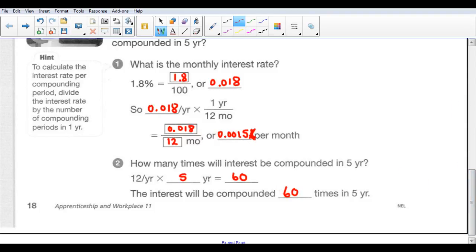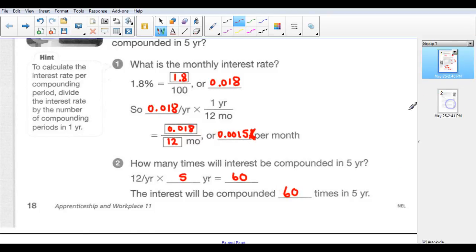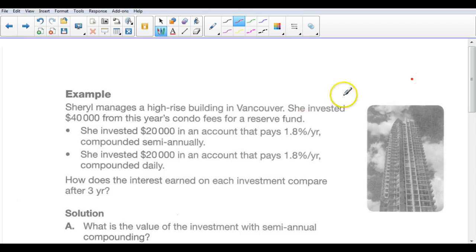Okay, now what does that mean? Well, for us to figure out what that means, we actually need to do a question that involves compounding periods other than 1 year. Cheryl manages a high-rise building in Vancouver. She invested $40,000 from this year's condo fees for a reserve fund. She invested $20,000, half of it, in an account that pays 1.8% per year, compounded, here's the key, compounded semi-annually. So that means it's compounded 2 times